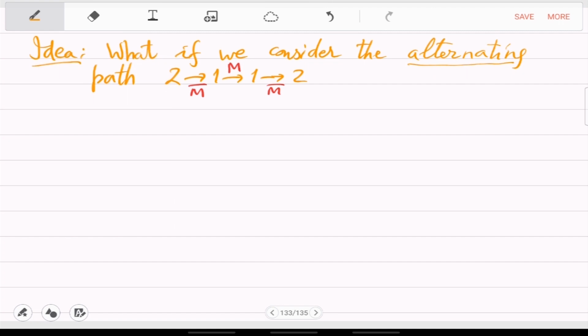So consider the alternating path 2 1 1 1 1 2 with M complement edges one more than M edges. Okay, so that will be our alternating path, in which what you will do is